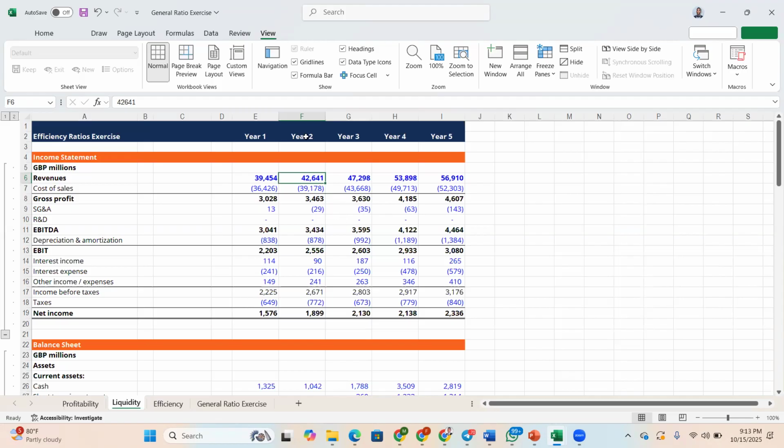So we can use year two as a benchmark and say that, okay, if our revenue is this, then our cost of sales should be this percentage. We can use year two to project. I'm still going to teach you how to project. So since we achieved the best in year two,